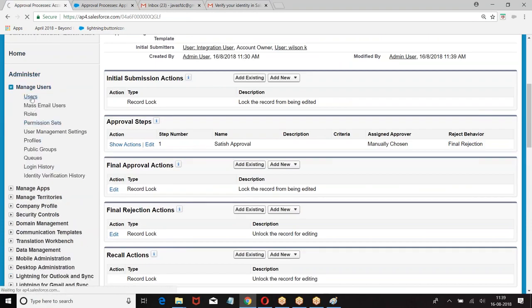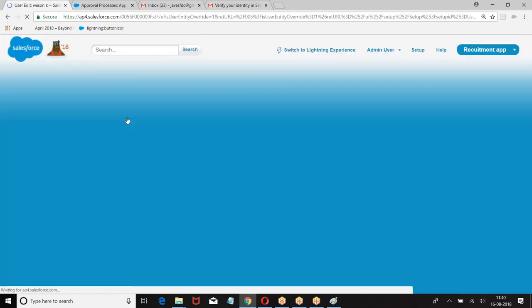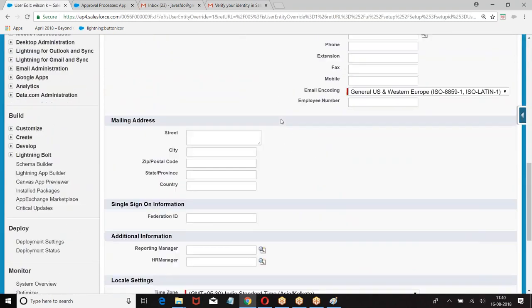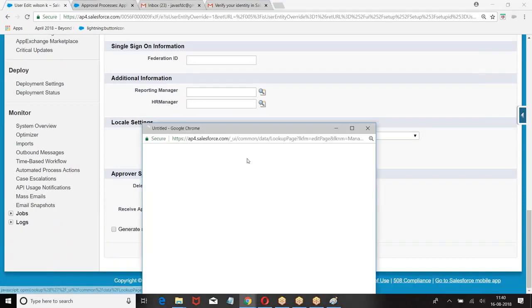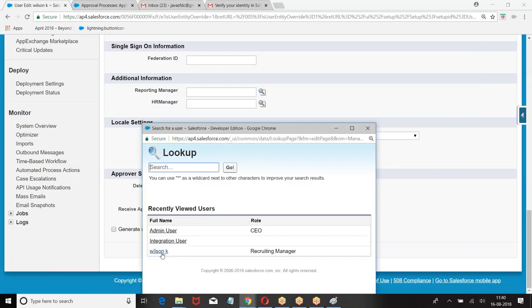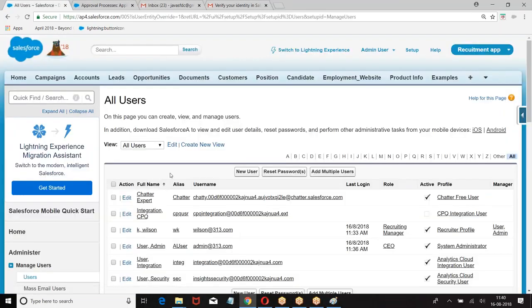Go to Wilson and specify who is the manager for Wilson. Wilson's manager is Ed. In the user Wilson, specify who is his manager.